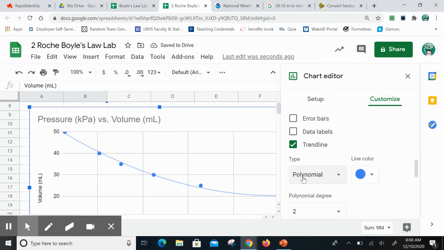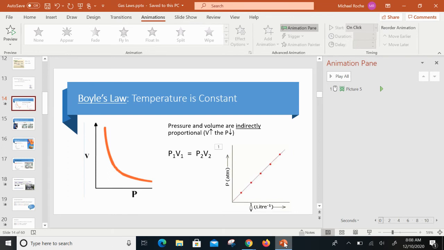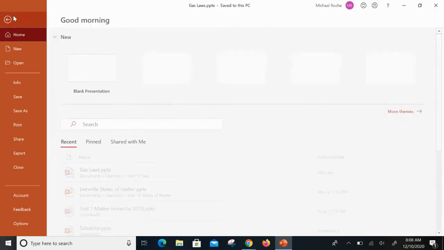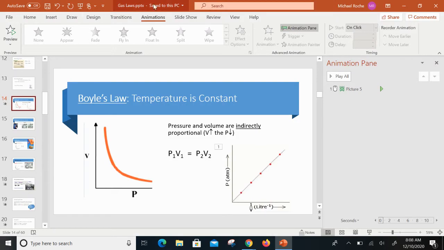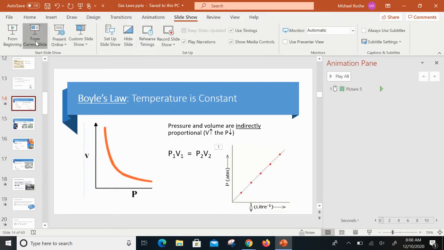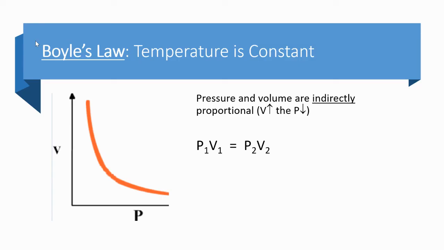A nice curve that looks more like what we told you it would look like. Okay, so now my contention to you was that pressure versus 1 over liters would be a straight line. And the reason this would be a straight line is because if PV equals a constant,